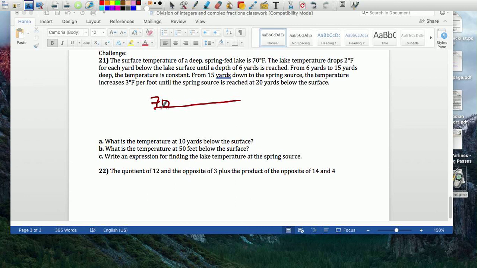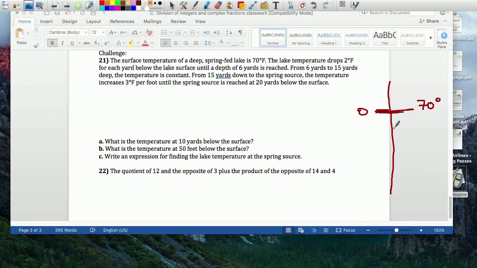So every drop of a yard, so, okay, hang on a second. So let me make this the ground level. Okay, so at level 0, the temperature is 70 degrees,